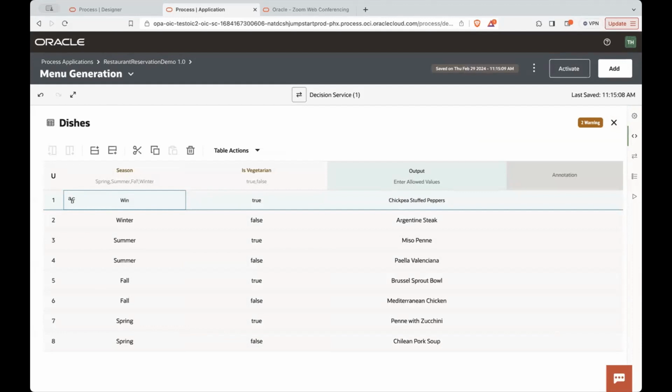But essentially, what it's doing is taking the season, asking if they're a vegetarian, and then we're manually defining the output here. So this might be a chef, and you may be able to use some sort of AI function to do this as well. But that's not built into OPA at this point. Right, so if it's winter and I'm a vegetarian, you're going to serve me chickpea stuffed peppers. However, if I'm not a vegetarian, you'll serve me the Argentine steak. So let's stick with the Argentine steak